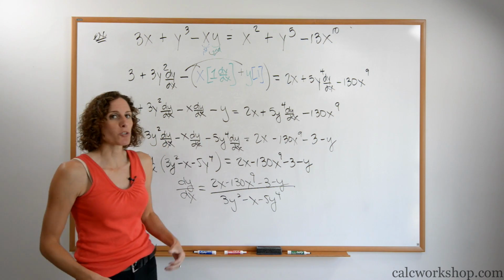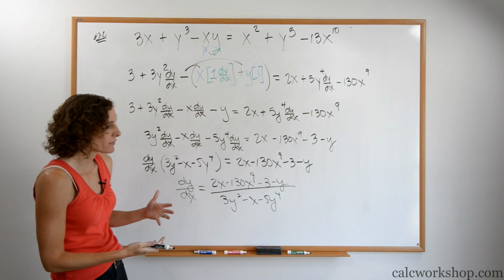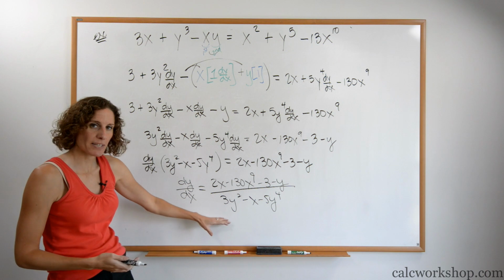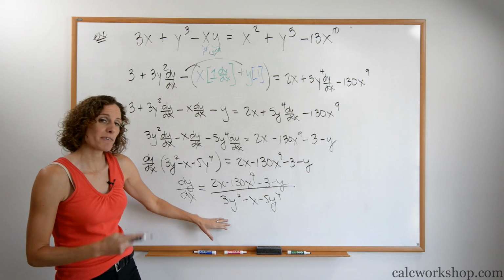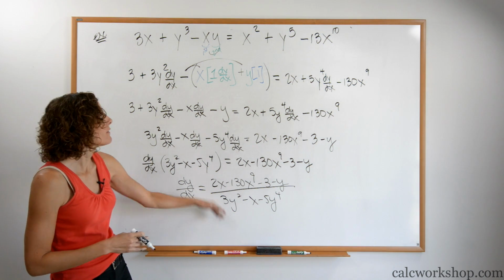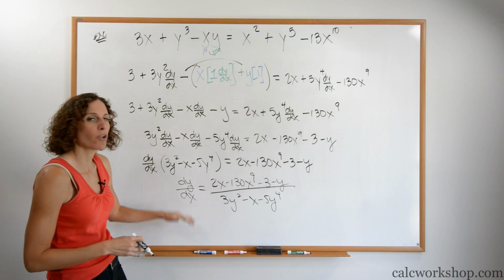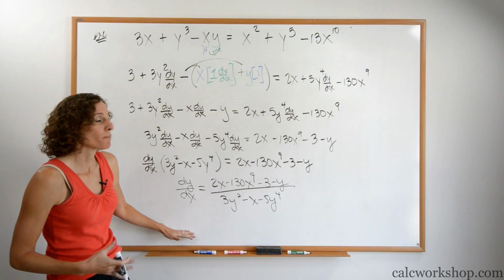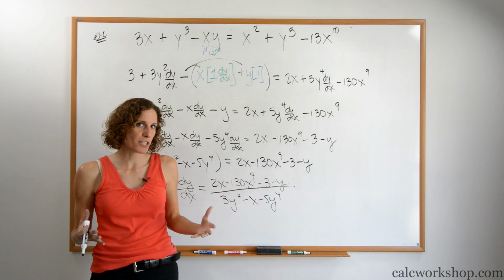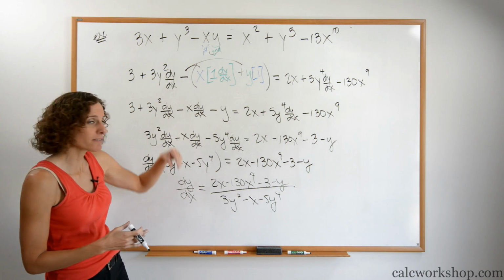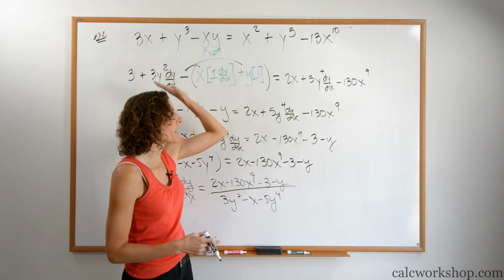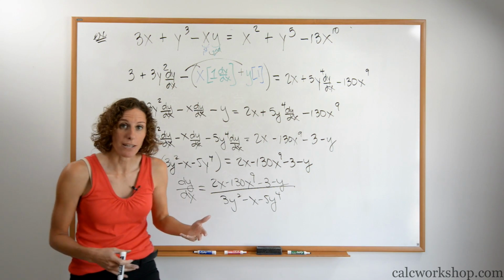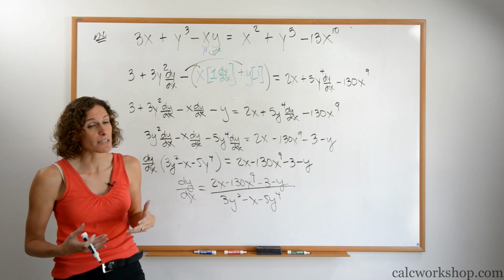So if it's multiple choice, you don't have to show all of your work. That's fine if you kind of skip some steps and get to the final answer, that's okay. But if it's free response, please make sure that you slow yourself down and show all of your work, because we're looking for it. It's the process that we're looking for. So we've just talked about implicit differentiation. We've talked about products. We've talked about variables on both sides. Let's throw some trig in there, because that's also where you're going to see it.